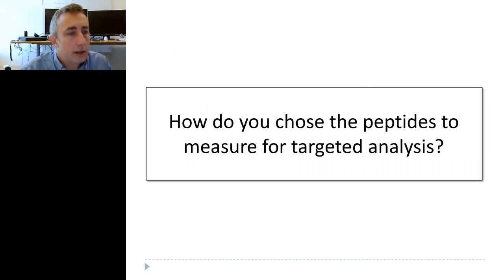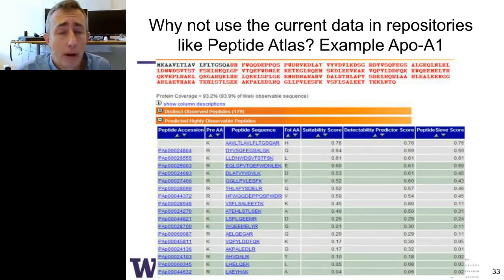Okay, so I talked a little bit about how we built software, but you need to measure this one individual gene product or this individual protein. How do you decide which peptides you want to measure for this targeted analysis? It's not a simple problem. So a lot of other labs have started to say, well, we should use a lot of our DDA discovery data for this. And so there have been these repositories that people have been building, like Peptide Atlas is one,